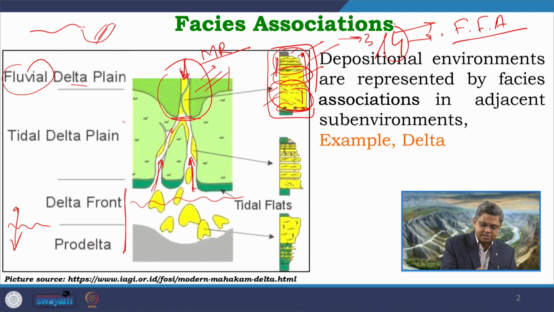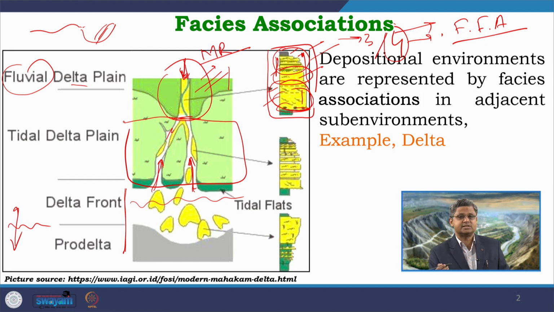portion. Now, coming to this next part over here, the condition is different. Why is it different? Because here the river channel is affected by tidal influences. So, the river flow is not exactly the same as it was here in the upper part. Here, every day during high tide, tidal water is coming in and it is obstructing the river flow. So, due to that, we get different orientations of point bars, and within those point bars, we get signatures of tidal currents in terms of formation of tidal bundles, maybe deposition of some mud, maybe double mud drapes like this, maybe frequent reactivation surfaces.